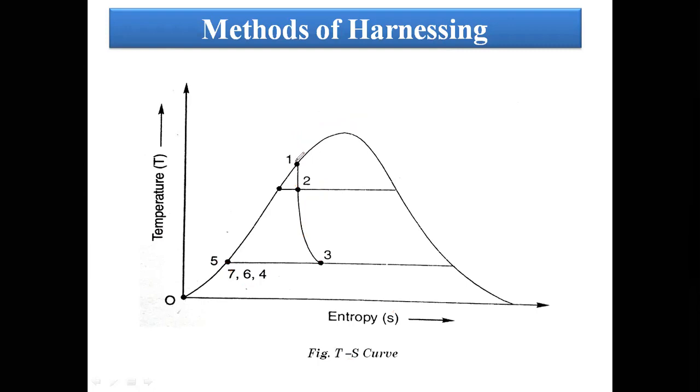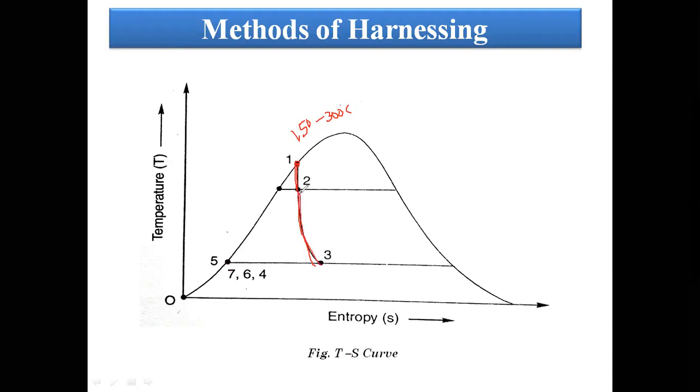Point 1 indicates the earth's state once we are injecting the water into the one borewell. Now the temperature is maintained from 150 to 300 degrees centigrade. And 1 to 2 is where a few amount of steam is wasted in the production well. That is the drop in temperature in the production well. And 2 to 3 indicates that the steam drives the turbine.